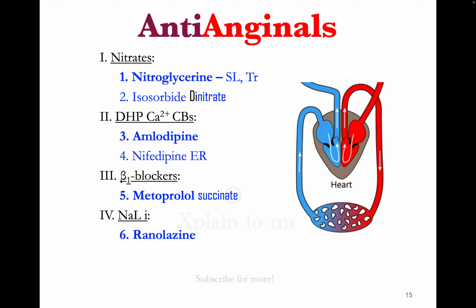Therefore, avoid drugs which cause severe hypotension. If you are asked about beta blockers, what is the drug to avoid? The reason: beta blockers slow down the heart rate, right? Therefore, if a patient has severe bradycardia, or is taking any drug which causes severe bradycardia, you